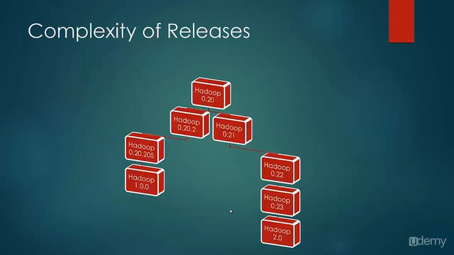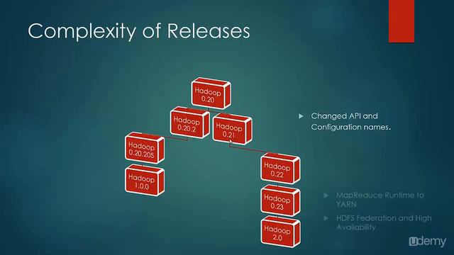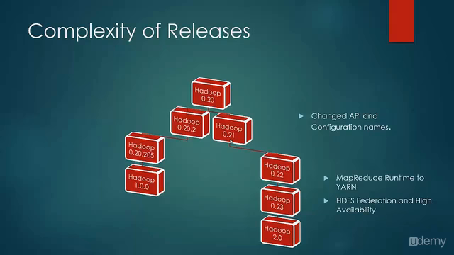Let us look at the recent releases of Hadoop which are important to know. All was pretty good till Hadoop 0.20. Complexity starts after this. Hadoop 0.20 got extended to 0.20.2 and 0.21. The 0.21 changed their APIs to increase programming efficiencies, and later 0.23 improved architecture to implement MapReduce runtime YARN, HDFS